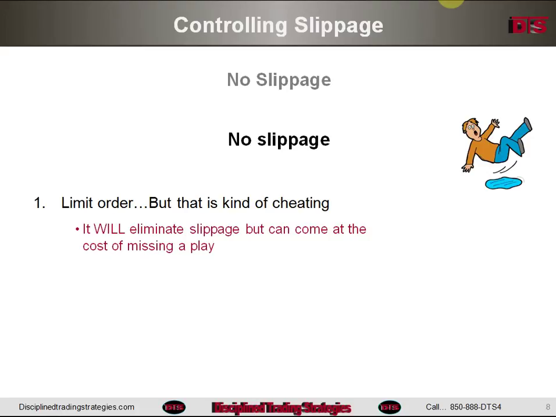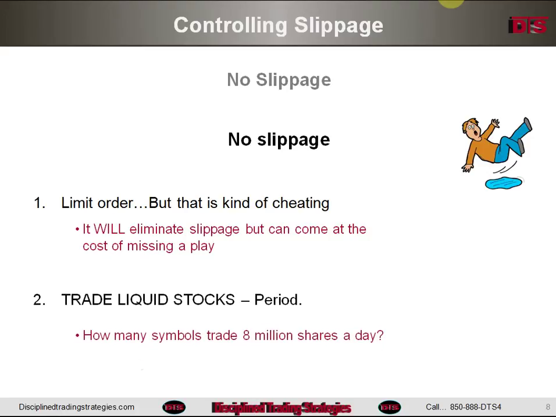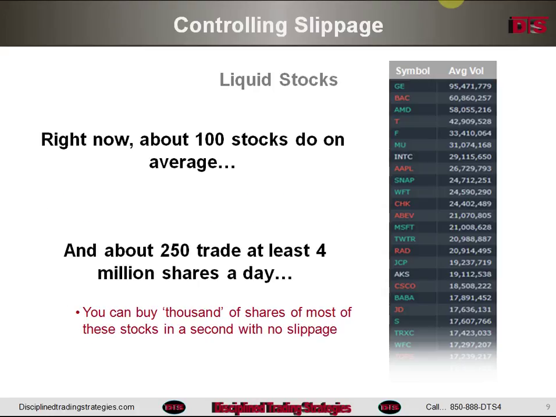There's a second way to eliminate slippage where you will get filled virtually 100% of the time, and that is to trade very liquid stocks. This is the ultimate answer to eliminating slippage and still have great tradability. How many symbols do you think trade 8 million shares a day? Well, the answer is it's about 100 right now. And there are 250 that trade at least 4 million shares a day. That's pretty liquid. You can buy thousands of shares of most of these stocks in a second with no slippage